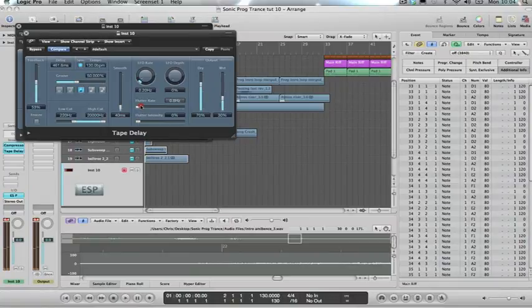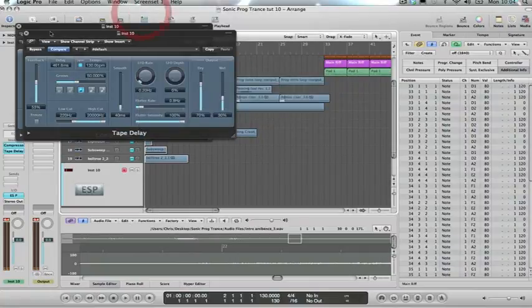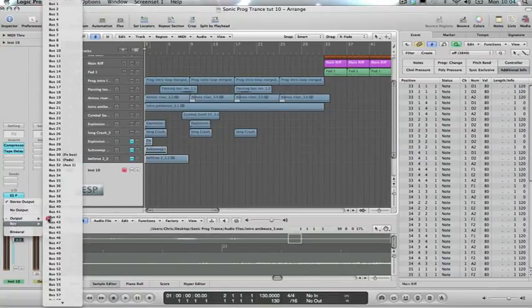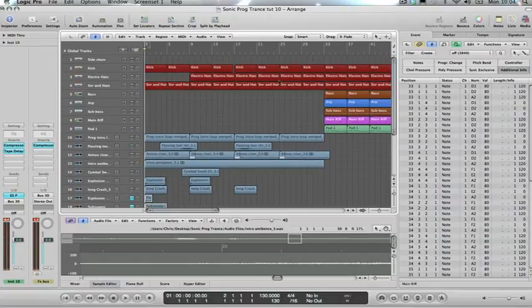Again, a bit of flutter rate and flutter intensity. And there you go. Once we let go, we'll have a nice delay tail. And I'm going to send that then to bus 30,